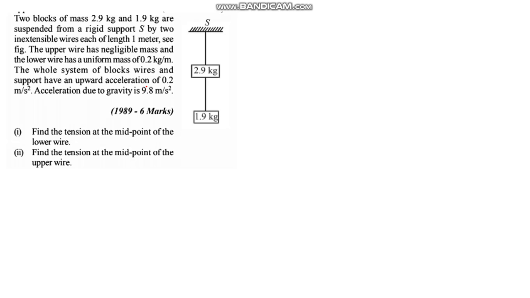We will take 10 to make our calculations a little easy. We want to understand the procedure basically. So this is the system. Two wires are provided. This one is massless, negligible mass, and this is provided as 0.2 kg per meter. So what does that mean? 1 meter will weigh 0.2 kg. Half meter will weigh 0.1 kg. That is the meaning. You have to multiply with this unit weight.